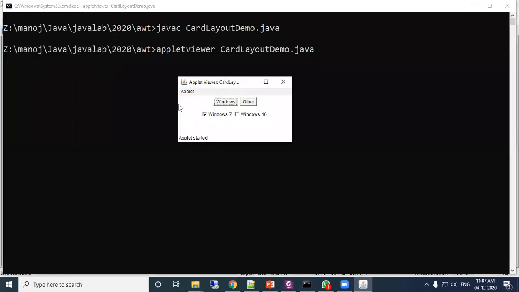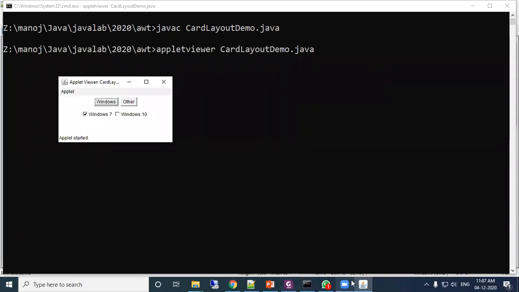Okay, so here see the screen. The applet is started. This is your total window. Windows and Others, these are two buttons. Just compare with the program.